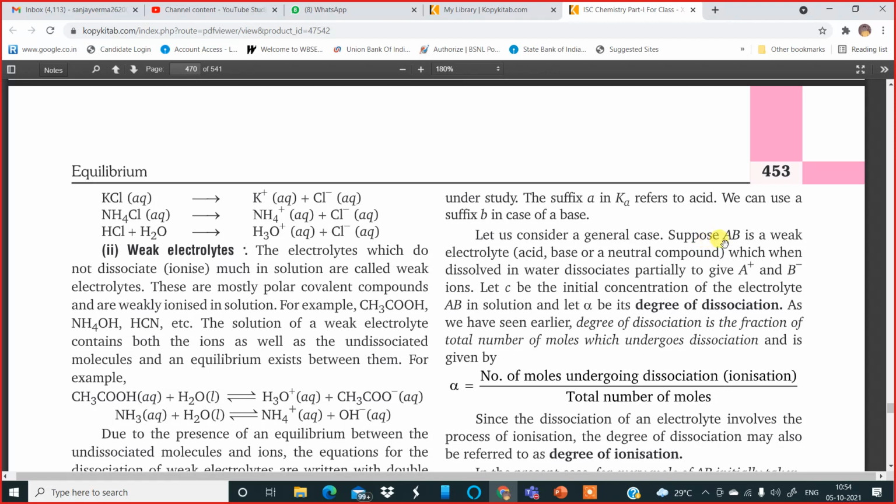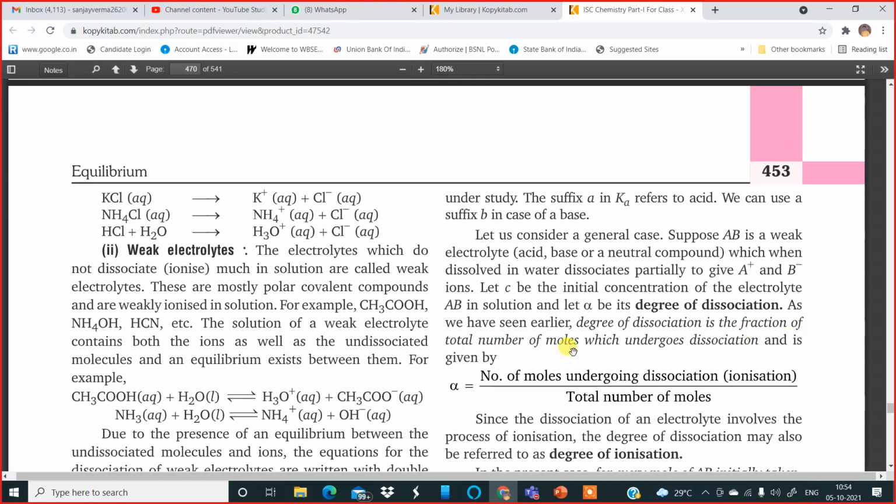Suppose AB is a weak electrolyte, say an acid or a base or a neutral compound, which when dissolved in water dissociates partially to give A plus and B minus ions. After that, let C be the initial concentration of the electrolyte AB in the solution and let alpha be its degree of dissociation. As we have seen earlier, degree of dissociation is the